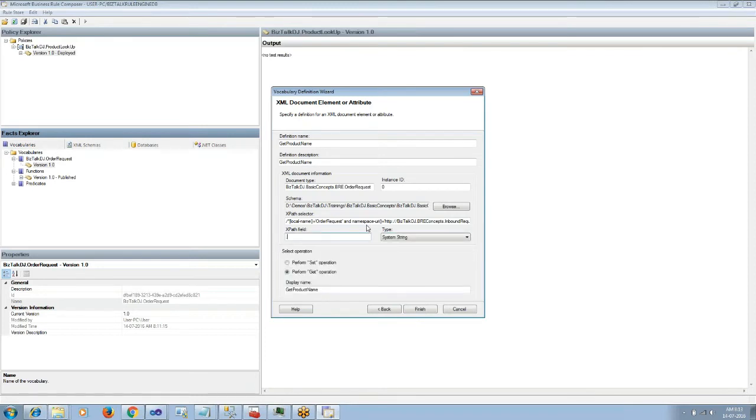Here if you see, the XPath selector has an XPath query and the XPath field also has an XPath query. I will be combining both XPath field and XPath selector as one single query and update the XPath field as star. This would help us avoid a runtime exception when the specified XPath field is not available in the message.